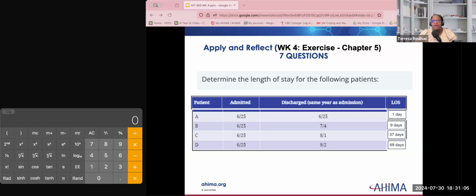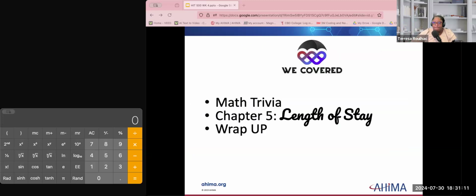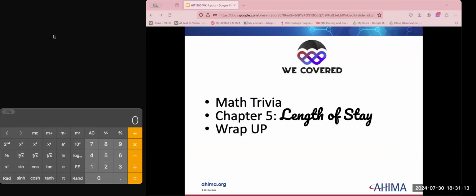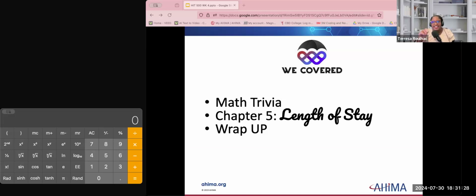How do y'all feel about this particular chapter, length of stay? So the number part of it was kind of easy, but memorizing length of stay, average length of stay, and total length of stay, a little bit more complicated. I kept mixing them up. Yeah, yes. And so that's why